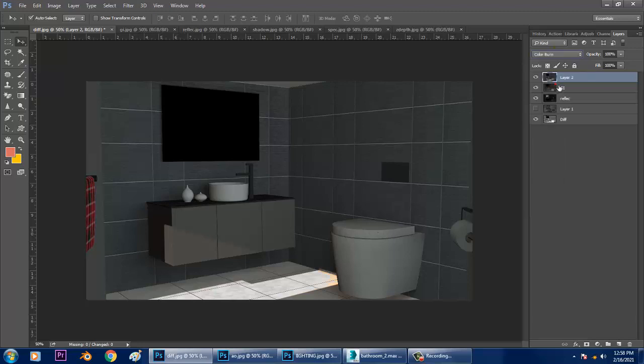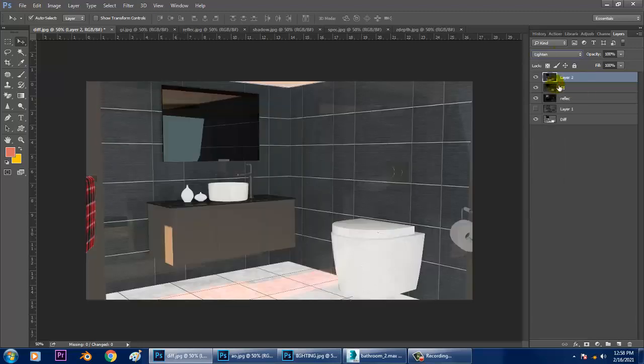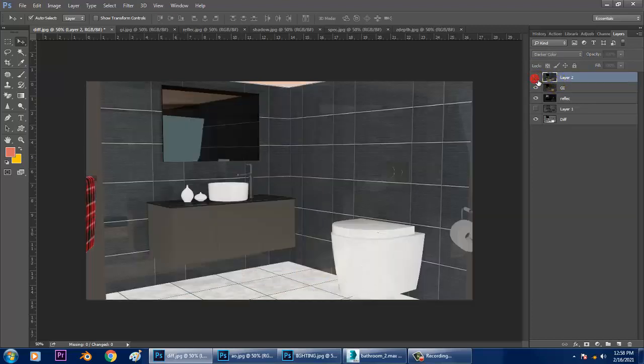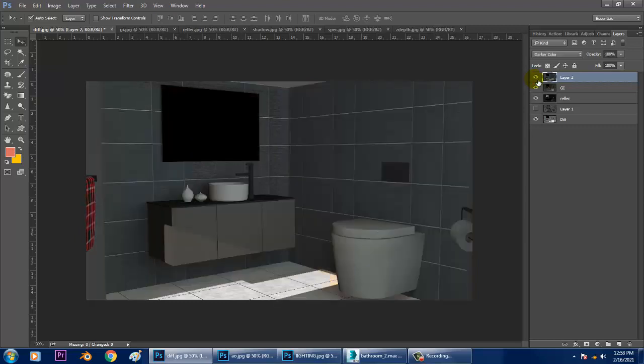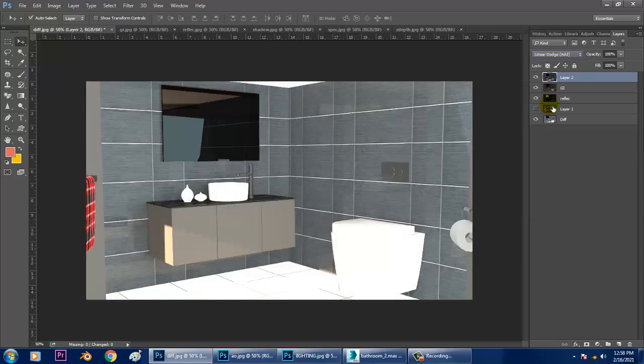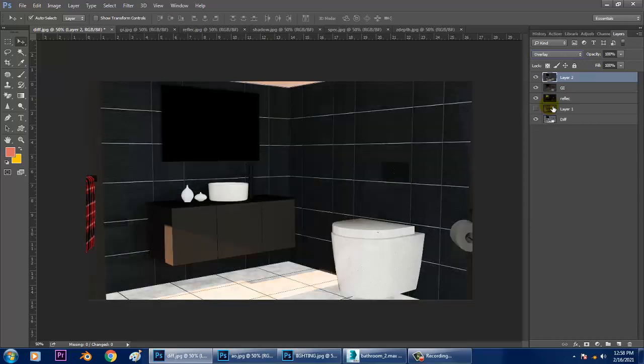So I can go with any of it. This also looks good. But the darker color, you need to showcase that the lights are proper.